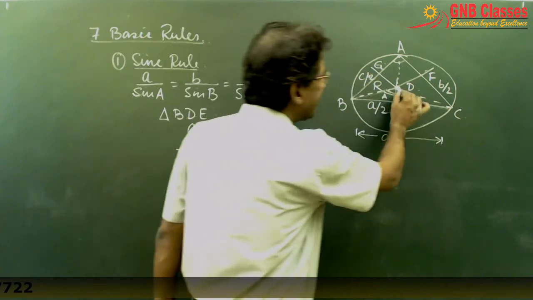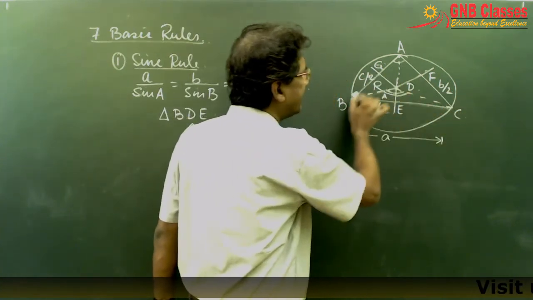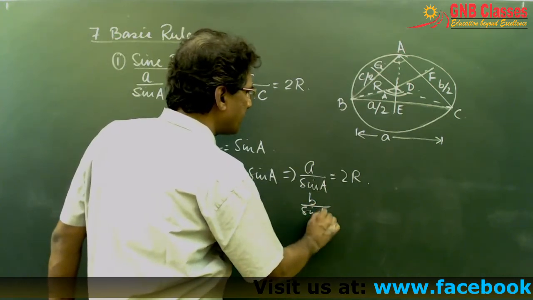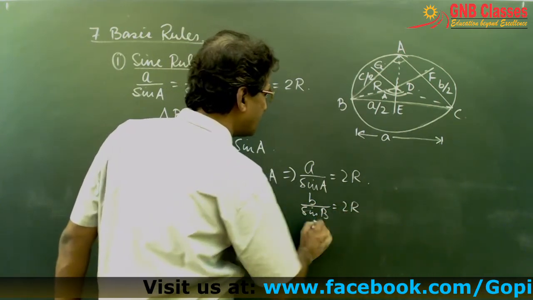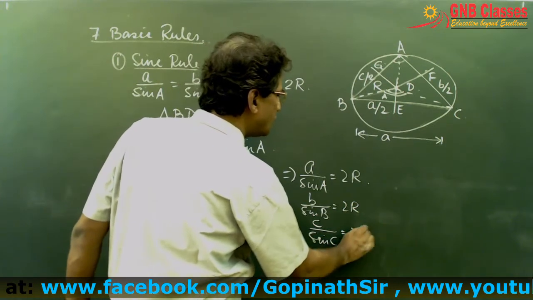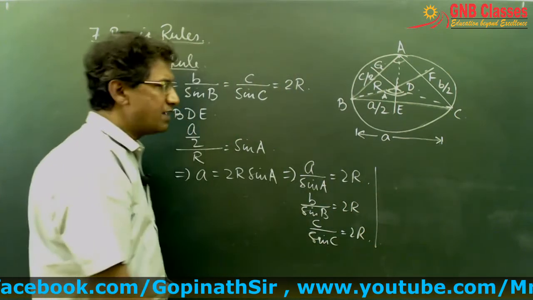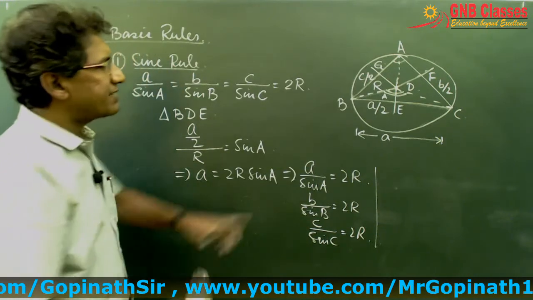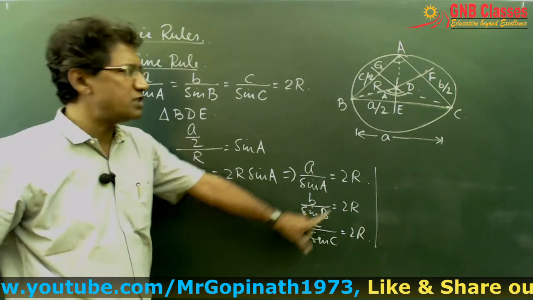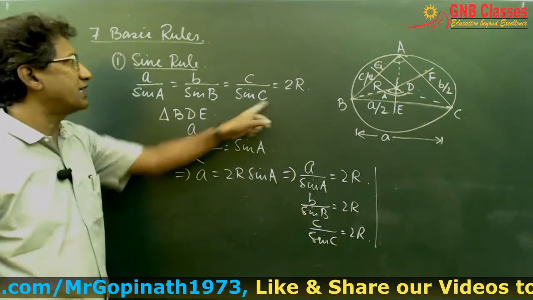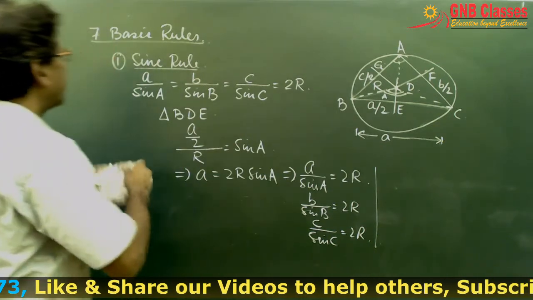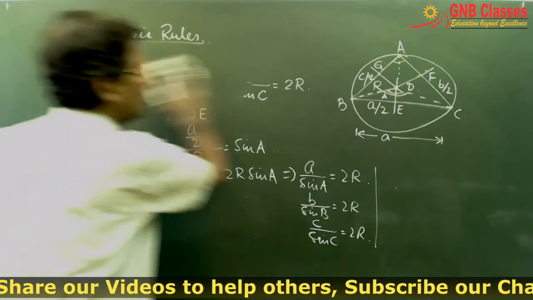Now, similarly, by taking this triangle as well as this triangle, we can prove b by sine B equals 2R, c by sine C equals 2R. Is it clear to all of you? Okay, so from these 3 we can say that a by sine A equals b by sine B equals c by sine C, which equals 2R, which is nothing but the Sine Rule. Is it clear to all of you? Okay, let us move to the second rule,